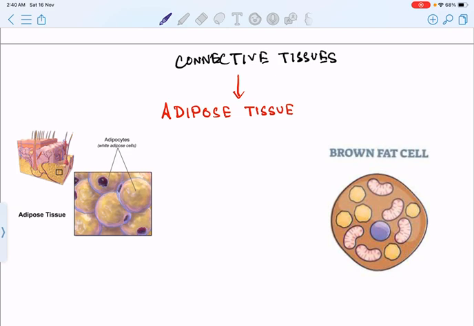Today we are going to mainly discuss the adipose tissue topic of the connective tissue. Mainly I think that this is the topic from which most questions have been asked in the university papers if